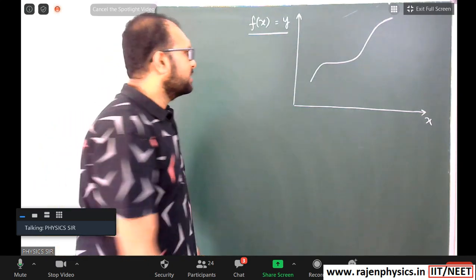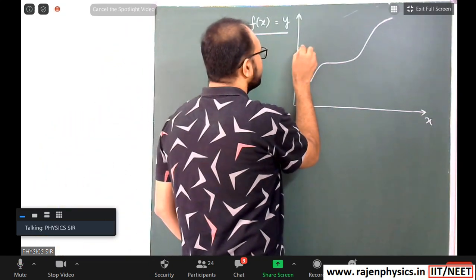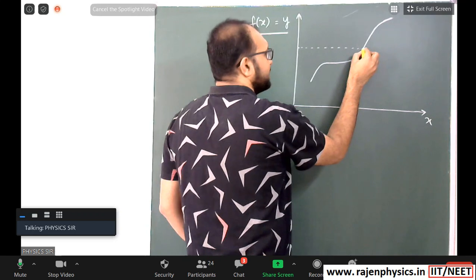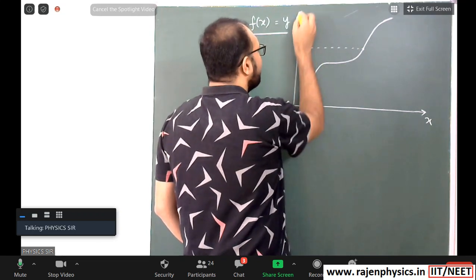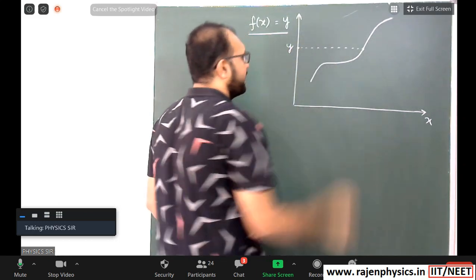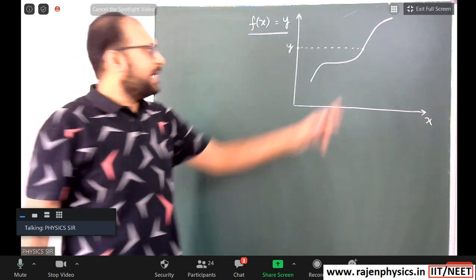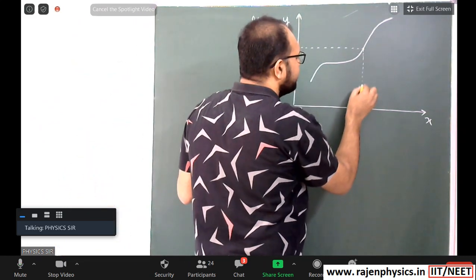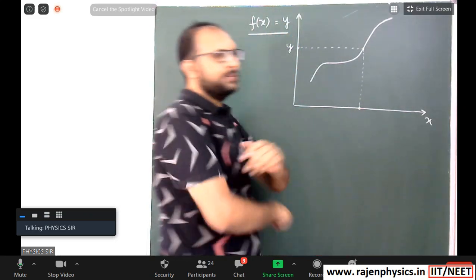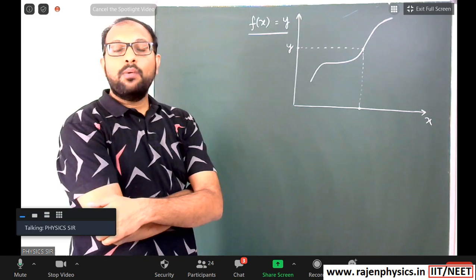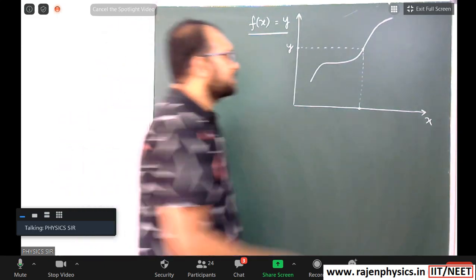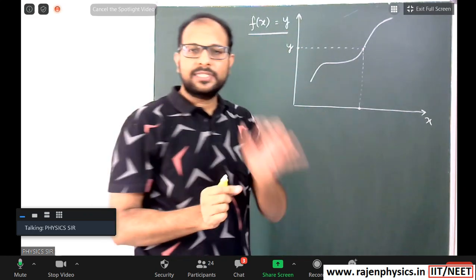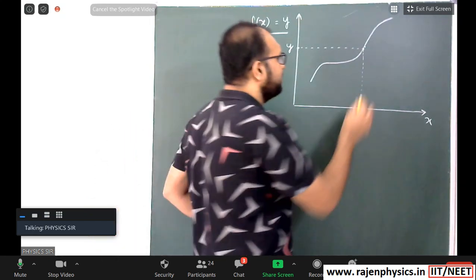Now come to the integration. So at this point, the value of this y, suppose some value at this point, this is the y value, and here this is the x value. Now I am taking just two nearby points, one point here, one point here, very nearby, but for clarity purpose I am taking some gap at the time of drawing the diagram.